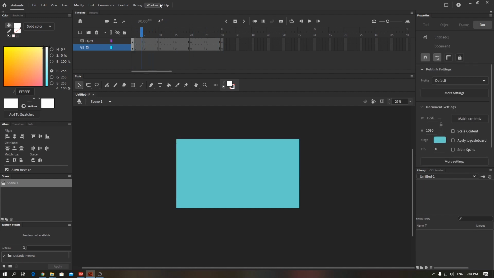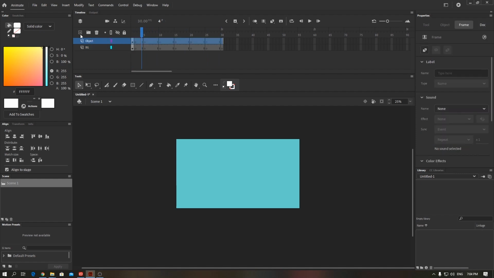So next, I'm going to put another layer named AS3. This is where your code will sit. And then on the object layer, on the first frame of every segment, I'm going to name a label. So you click the frame, and then on the properties panel, you can see one property named label, and rename it. So I'm going to rename it as Q1, question 1, and Q2,